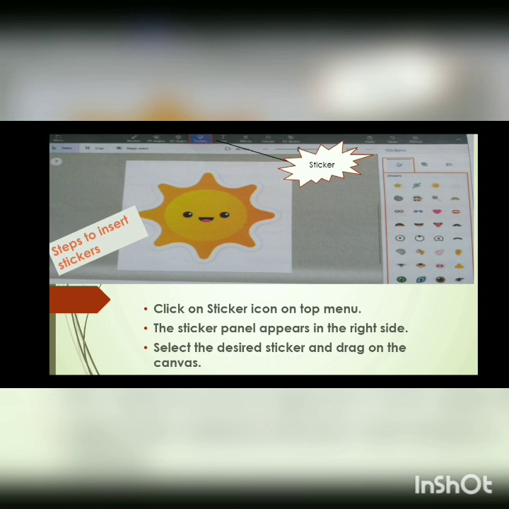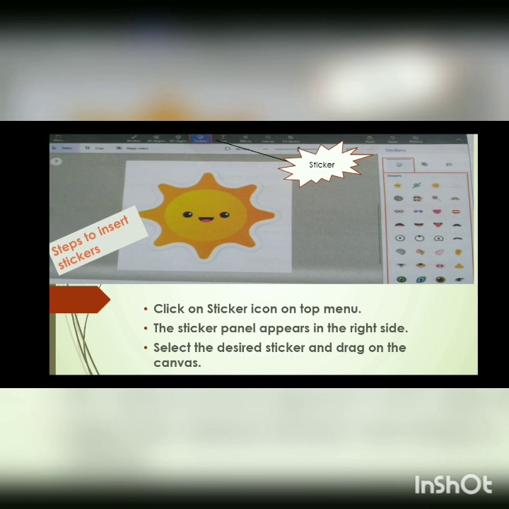To insert the sticker on the canvas, we use the sticker icon on the top menu. When you click on the top menu, 3 buttons appear on the right side. First is for the stickers, second is for the texture. In the texture, you can see different patterns.